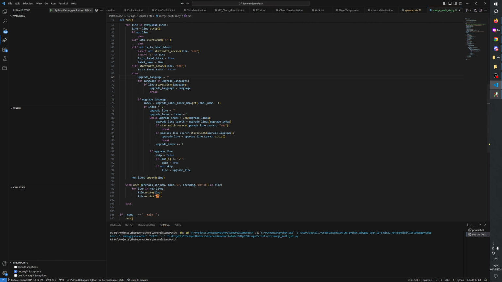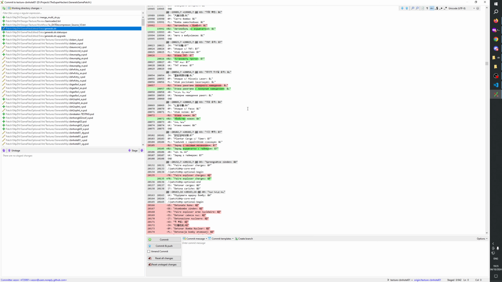So what we need to do is we first need to create a new branch, very likely. Yeah, let's create a new branch, and then we start merging. Wait, first